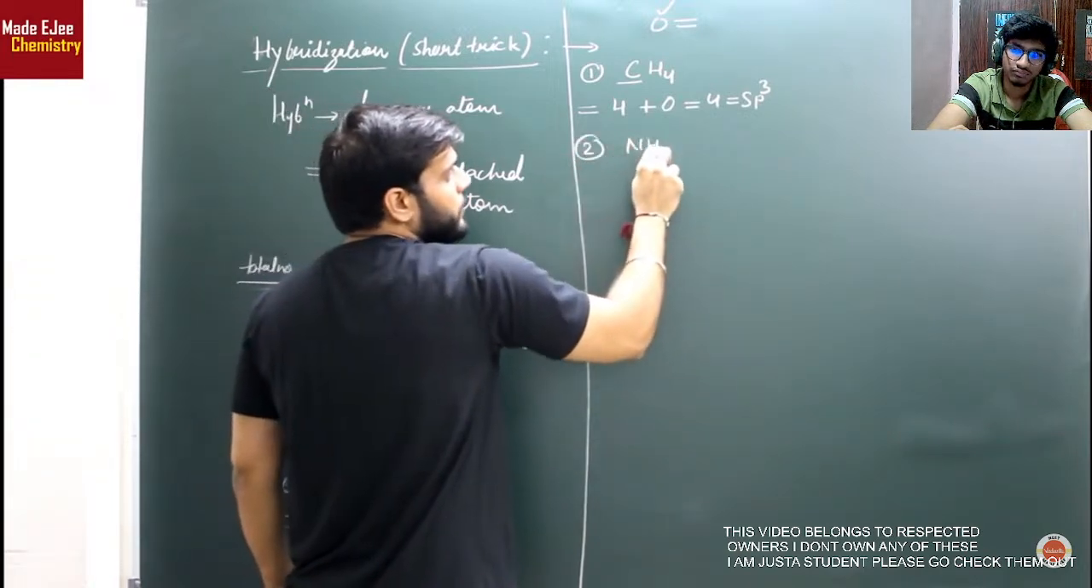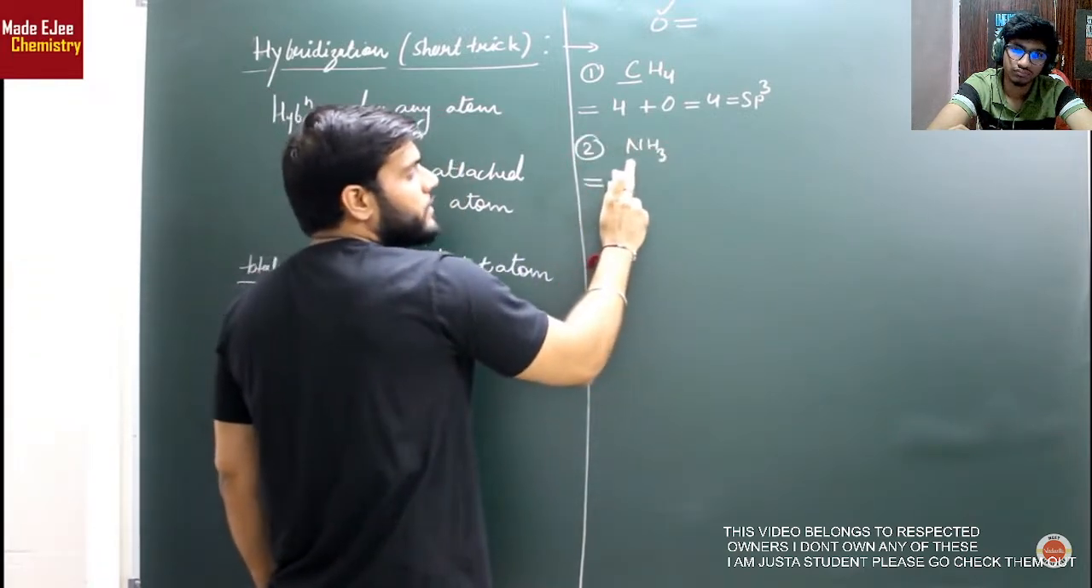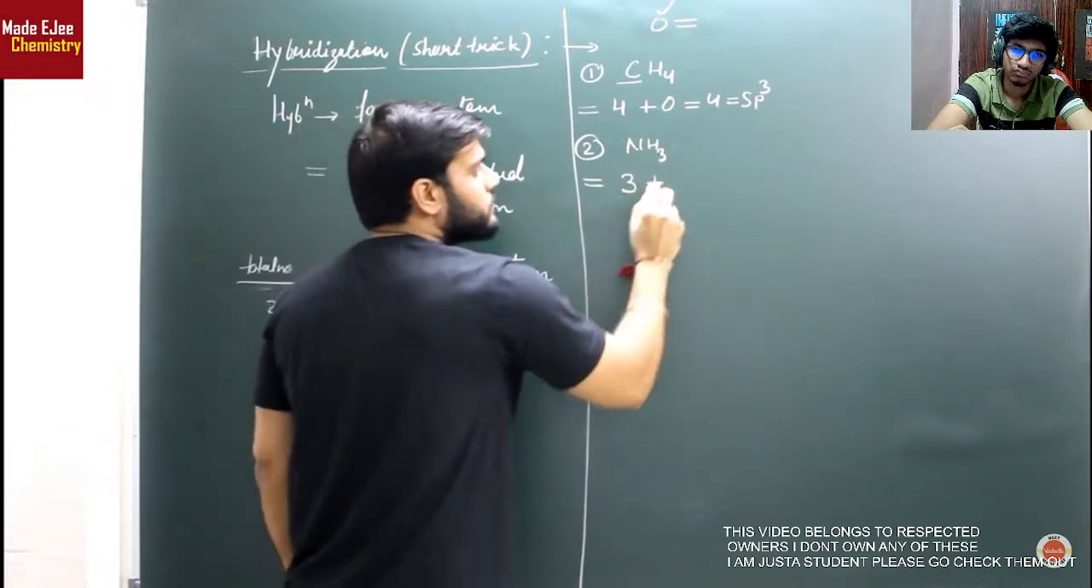Second example देता हूं जिससे और clarity आएगी। Second example लेते हैं अपन, suppose करते हैं NH3 यानी कि ammonia। Ammonia के case में सबसे पहले आप check करोगे कि number of atoms attached कितने हैं, total hydrogen कितने attached हैं, सिर्फ 3।